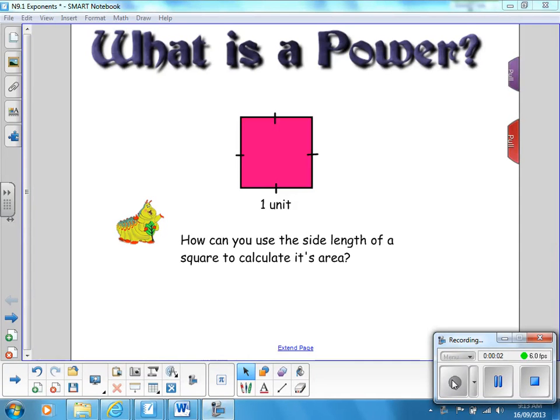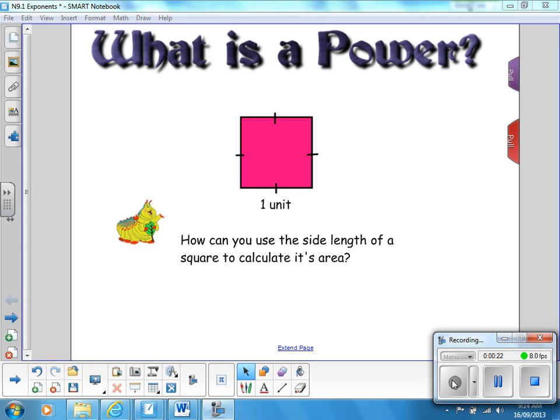In this lesson, we are going to talk about what is a power. So if we have a square here, how can we use the side length of a square to calculate its area? Well, you've learned in previous classes that the area of a square is side times side, or side squared,